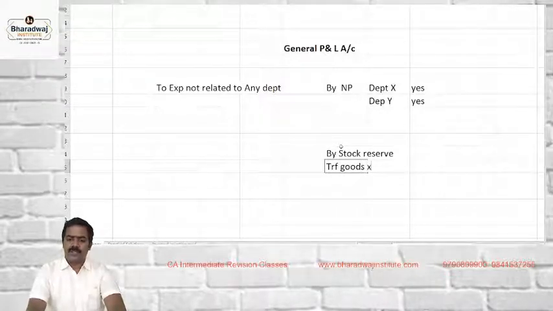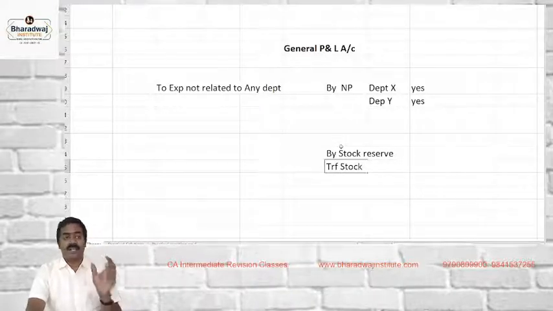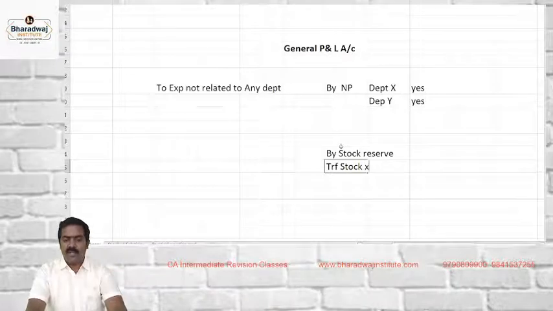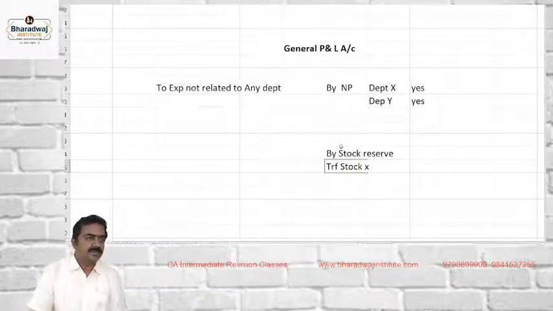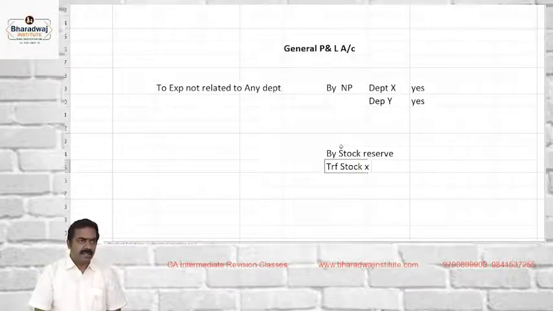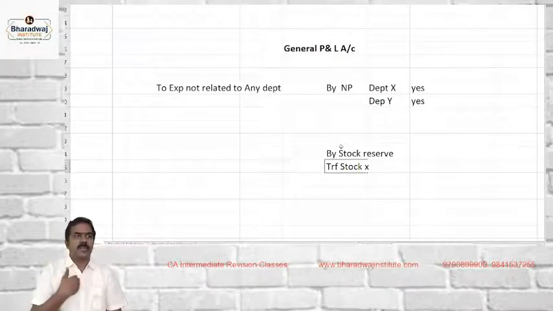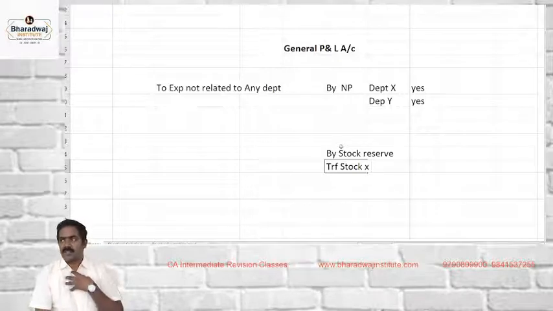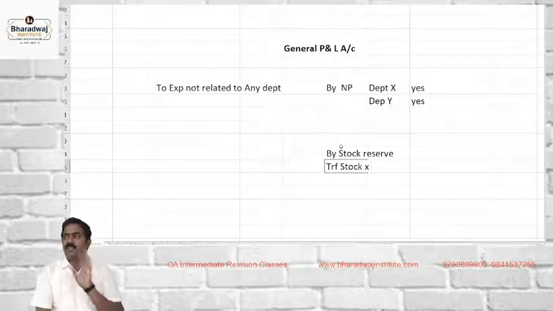Transferred stock. Whatever transferred stock is lying in which department's GP ratio? For example, I am department X, you are department Y. You transferred stock to me, and I am keeping the stock. Stock is with X. So take that stock into